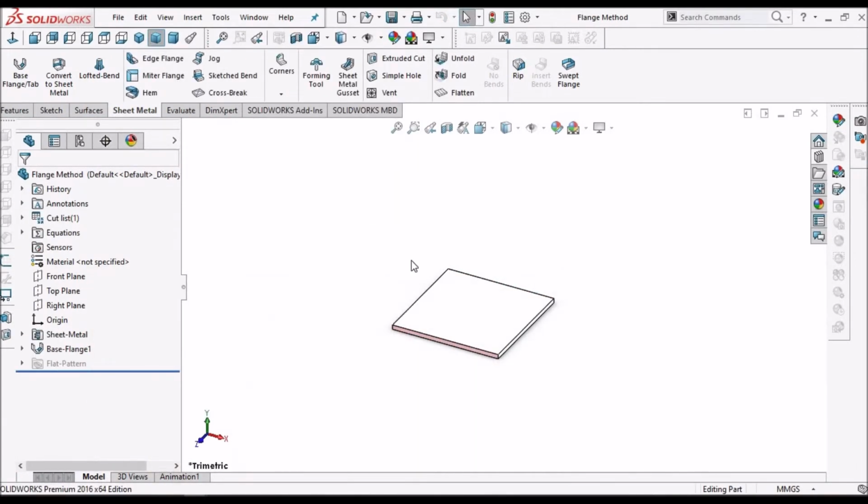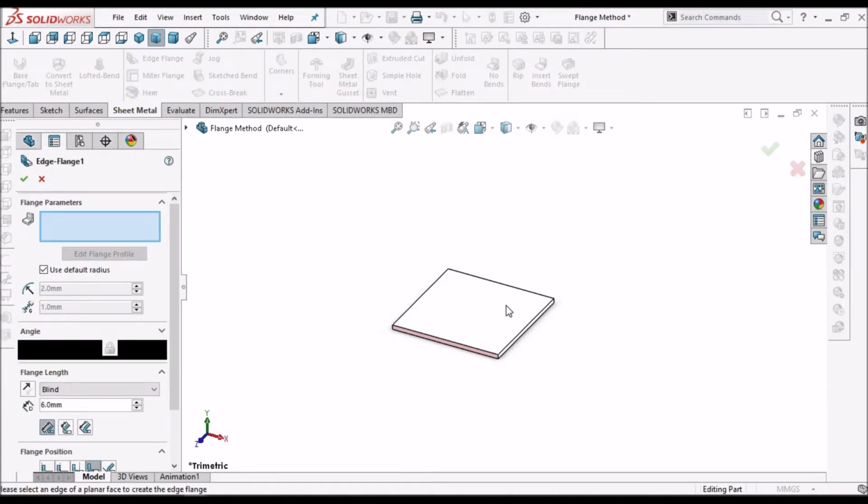Second method is flange method. So just simply creating base flange and creating edge flanges.